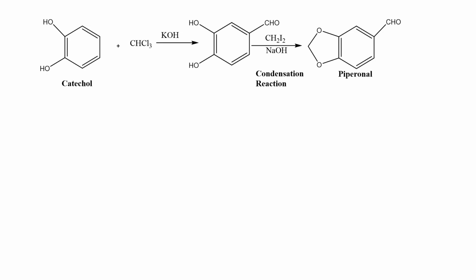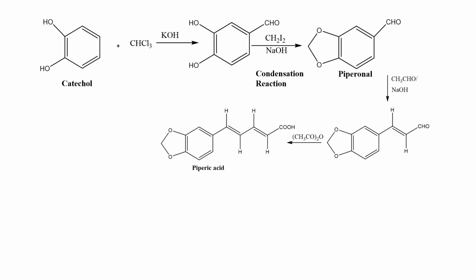So again we are going to take the CH2I2 and sodium hydroxide. So this reaction is called the condensation reaction. What does this condensation reaction mean? Two or more molecules combine to form larger molecules. Okay, these larger molecules then eliminate to give smaller molecules. Okay, so here the product will form piperonal, and after that the CH3CHO, okay, acetaldehyde, and the base sodium hydroxide